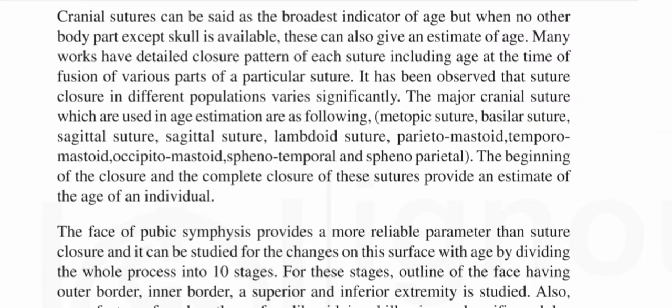Cranial suture can be seen as the broadest indicator of age, but when no other body part except the skull is available, these can also give an estimate of age. Many works have detailed the closure pattern of each suture, including the age at the time of fusion of various parts of a particular suture. It has been observed that suture closure in different populations varies significantly. The major cranial sutures which are used in age estimation are as follows: